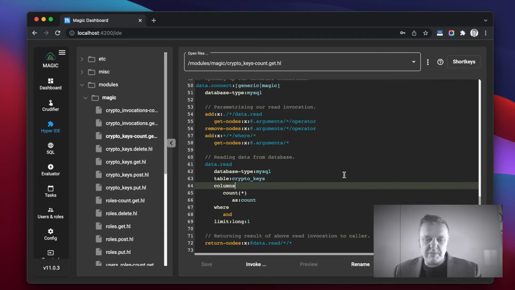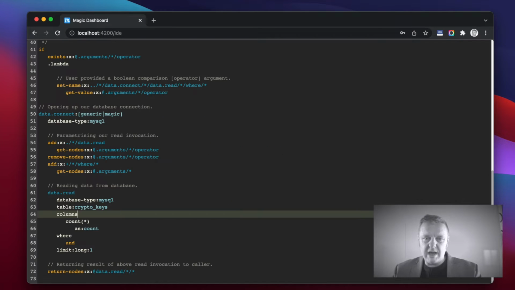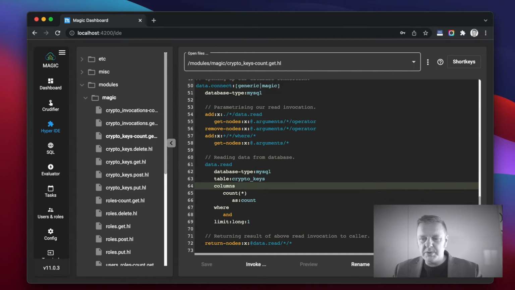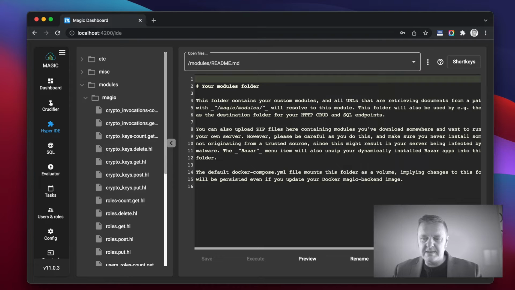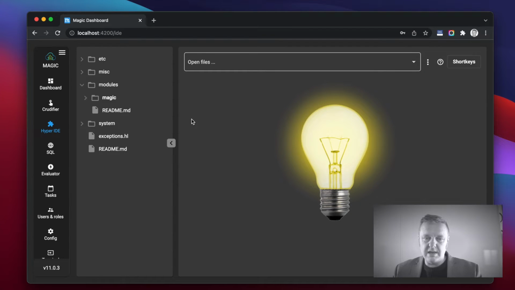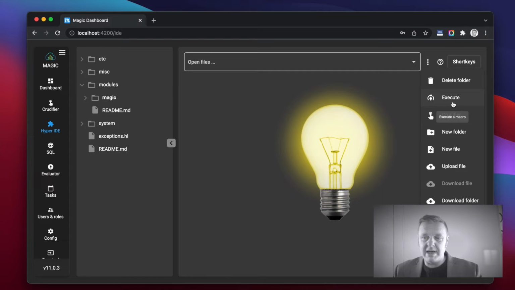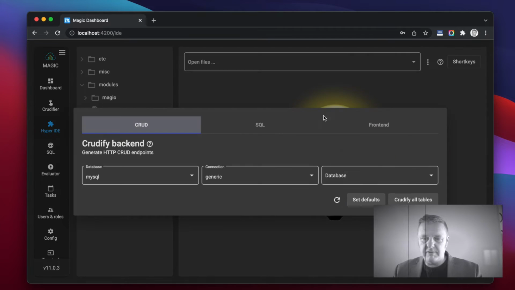Now if I hold down my option key on my Mac and click M, then it's maximizing the CodeMirror editor. Now of course, as you're probably aware if you have seen some of my previous videos, one of the unique traits that HyperIDE has is its ability to automatically generate code for me without me having to do anything whatsoever. If you expand the menu here, the action bar, and click the codifier, you can actually